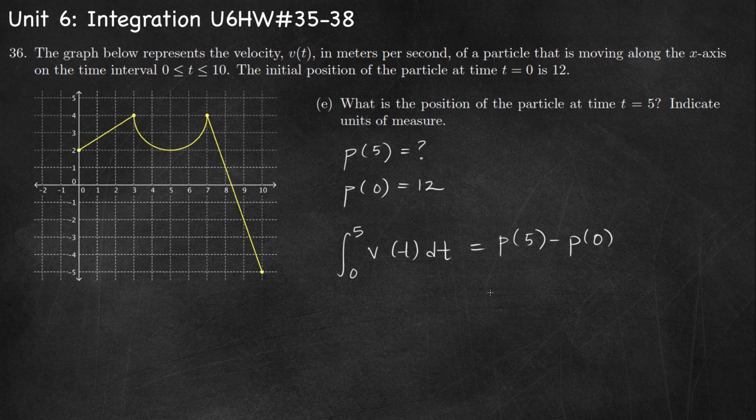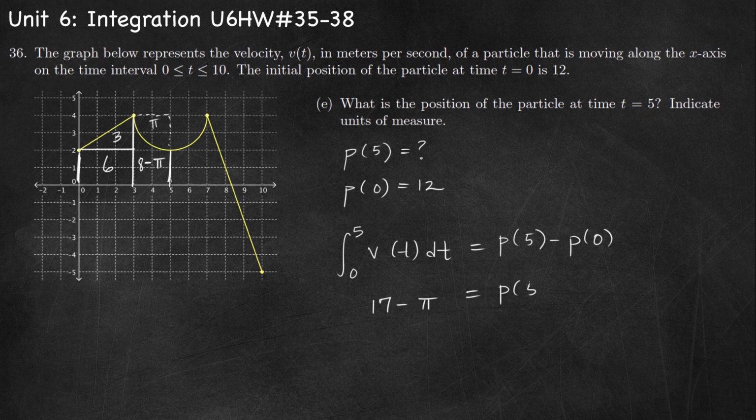The integral of the velocity from 0 to 5 is just going to be the area under the velocity curve from 0 to 5. And this one, what did we say this was? 6 and 3. And here, we found this before. We went from 3 to 7, so I just need half of what that was before, but I can't remember what that was before. So just start over again. So we've got this 2 by 4 rectangle, which is 8, minus a quarter of the circle. The whole circle was 4 pi, so a quarter of the circle was pi. So here, 8 minus pi. So we have 6 plus 3 is 9, plus 8 is 17. So 17 minus pi